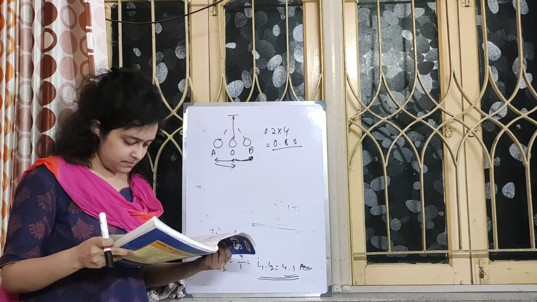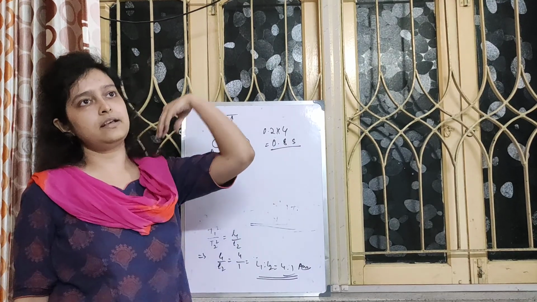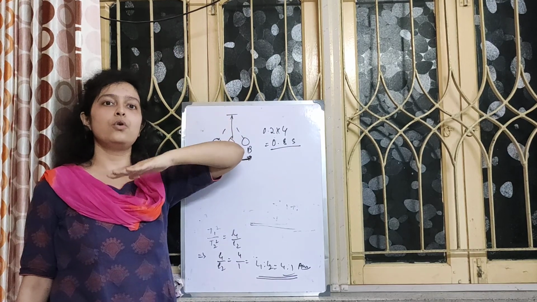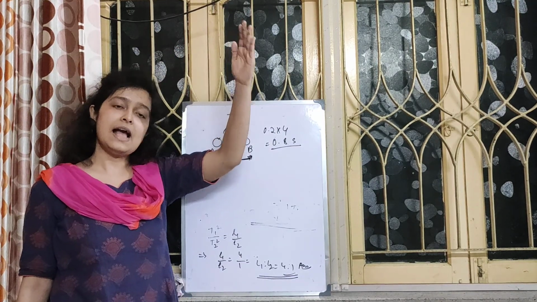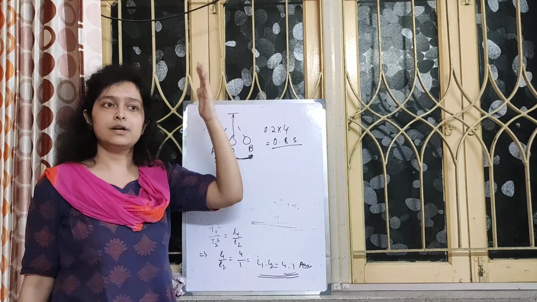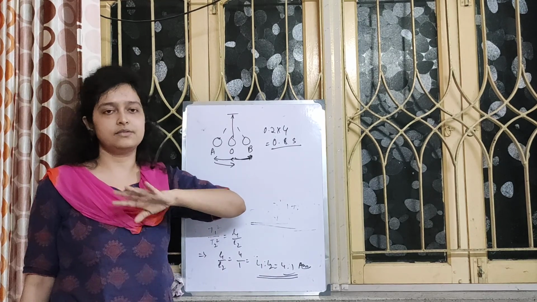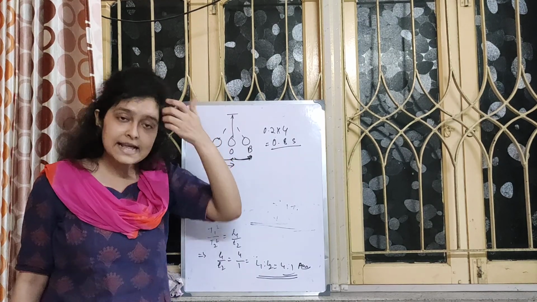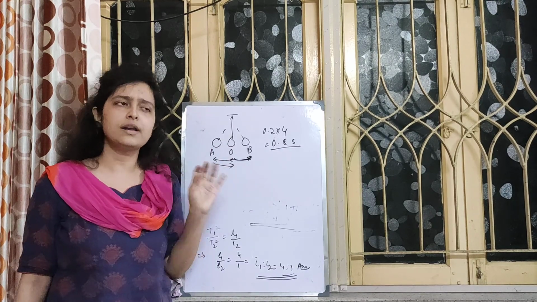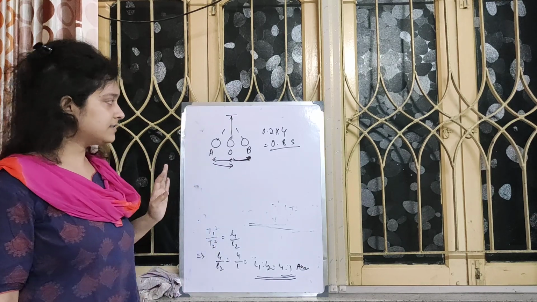And I have mentioned one thing, small g, it varies to some extent in the mountains. That is basically if you go up from the earth's surface, and below the earth's surface with depth and with altitude. But on the Earth's surface it's taken as constant, the value of g. So in any sum, suppose it's not mentioned to you, whether the value of g is 10 or 9.8, you can take it as 10 only, okay? No problem with that. So that's all for this chapter.